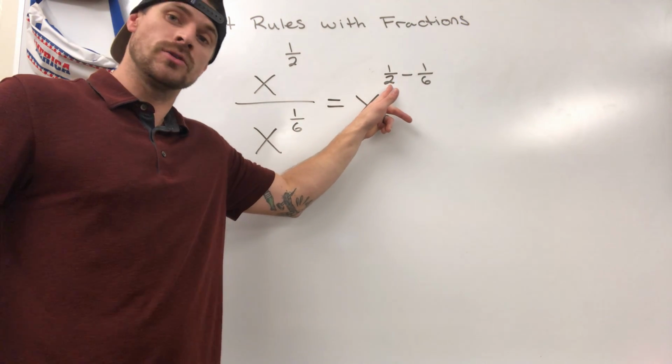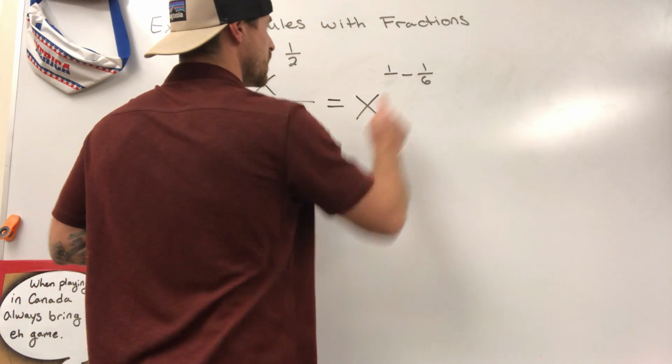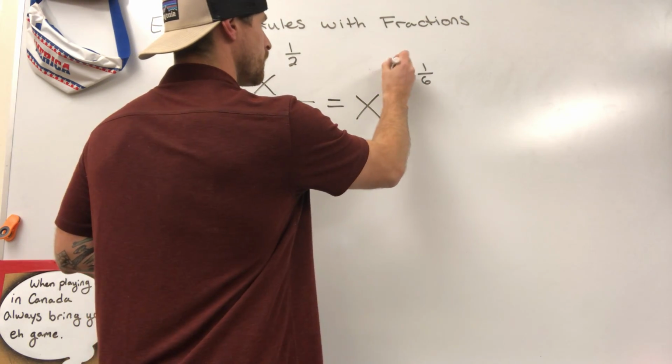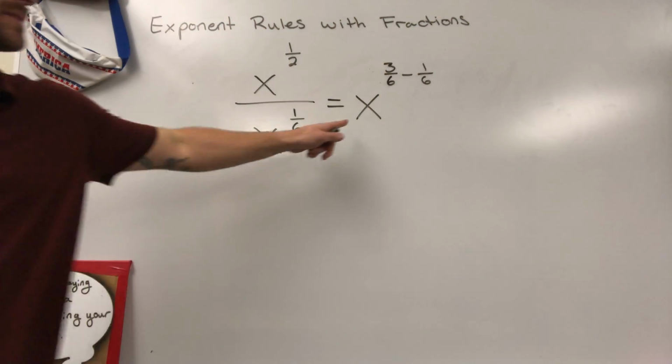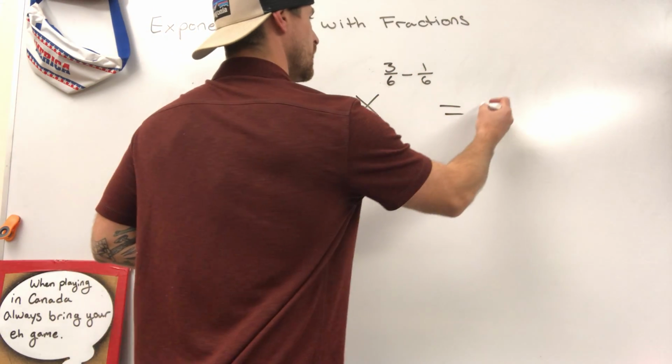I don't want that 2 to be a 2 anymore. Turn it into a 6. 2 times what makes 6? Times 3. Multiply the top by 3. And now we're left with x to the 3/6 minus 1/6 leaves me with